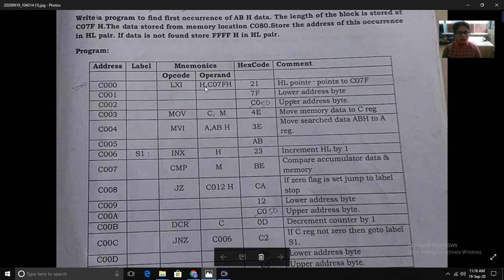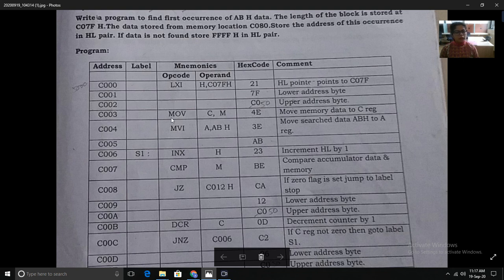At memory location 507F, the length of the block is stored, so it is very important that first of all we get the length of the block. 21 is the hex code of the LXI H instruction, 7F is the lower address byte, and 50 is the upper address byte. With this instruction, we can point to this memory location.